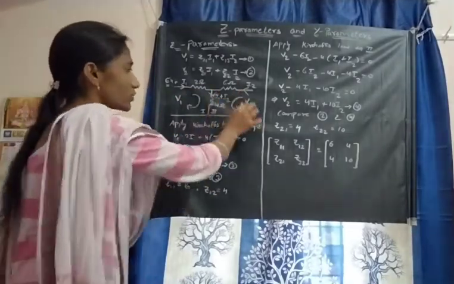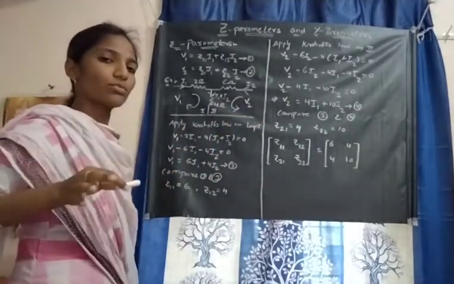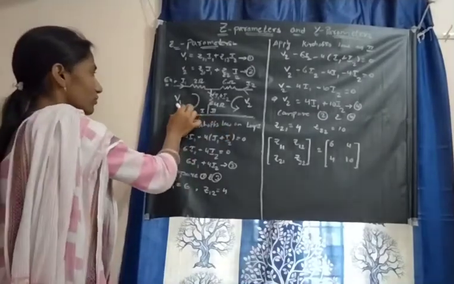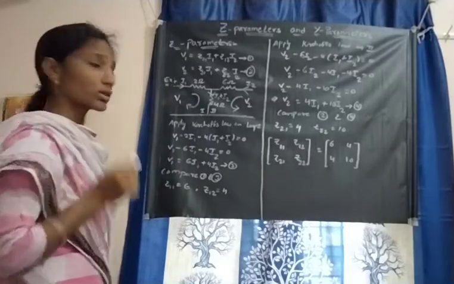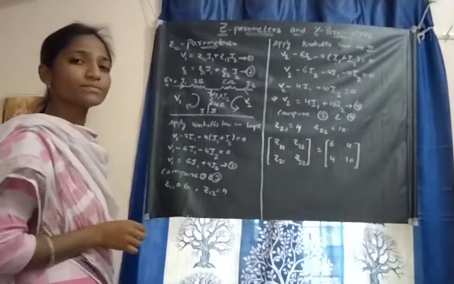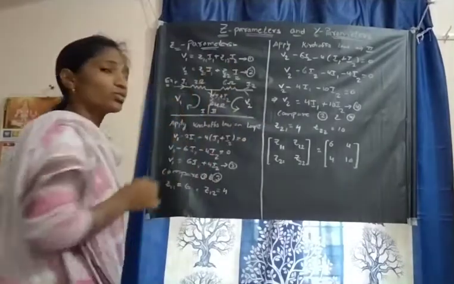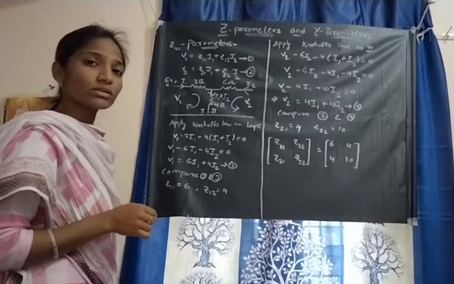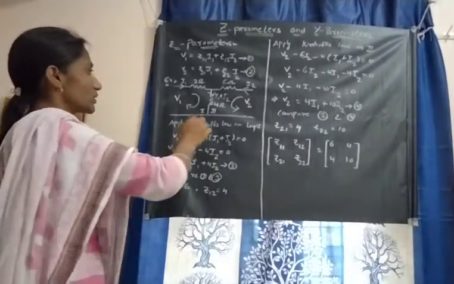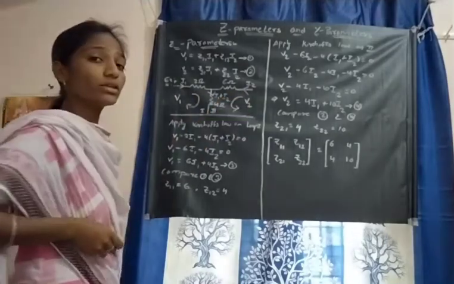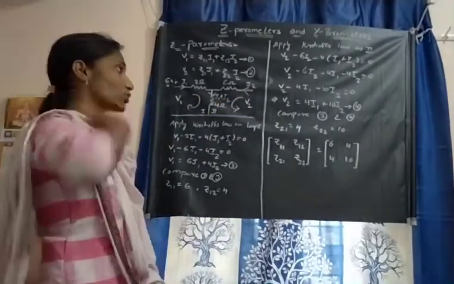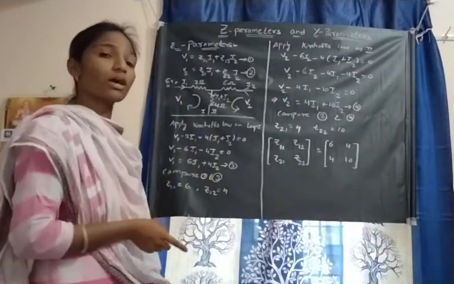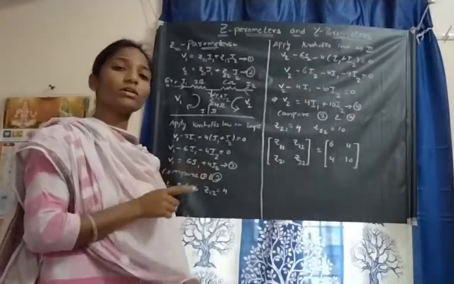Now this is the circuit given. For any type of circuit we can take the input variables and output variables. Here V1 and I1 act as the input voltage and input current at the 1-1 dash port, and V2 and I2 act as the output variables for this circuit. Now listen here, the arrow marks for I1 and I2 are opposite to each other, meaning from I1 the current is flowing through the circuit, and from I2 also the current is flowing through the circuit.